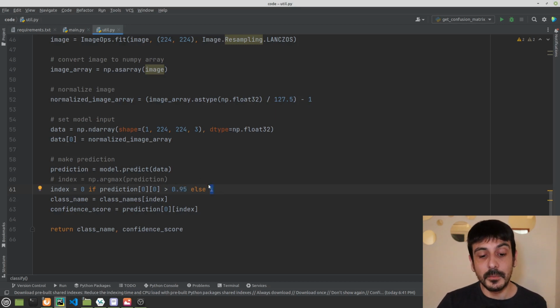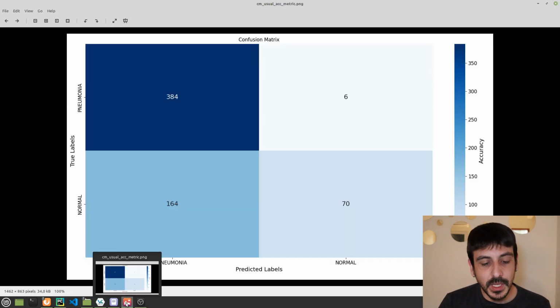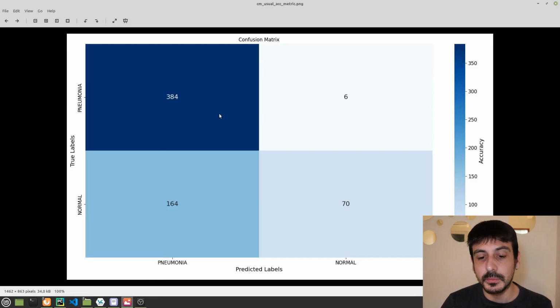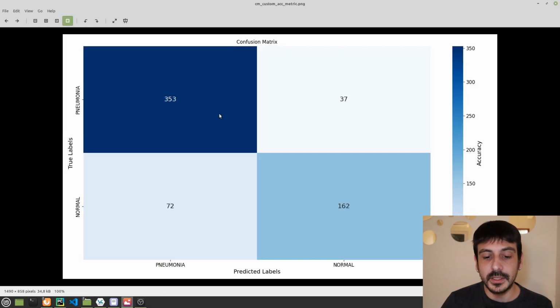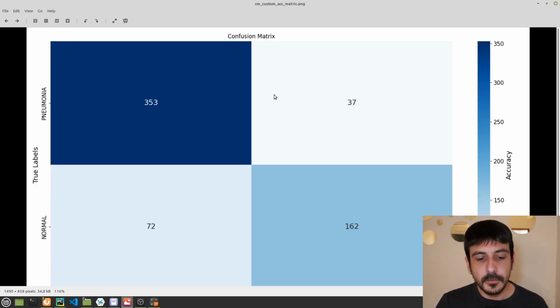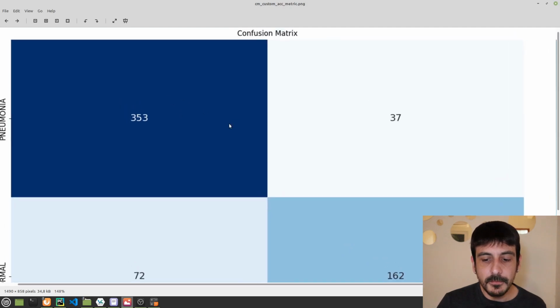This is a very atypical way to make a prediction. This is a very atypical way to make a classification, right? The way it usually goes, you just take the maximum number of this prediction vector and that's it. But now we are doing something that's very atypical. But let me show you what happens if we make this change. Let me show you the new confusion matrix if we do this change, and this is how it looks like. You can see that for the pneumonia category we are getting a very high accuracy. It's not really that high as it used to be, right?